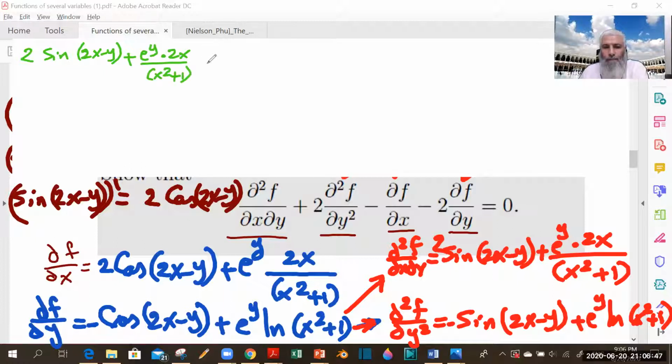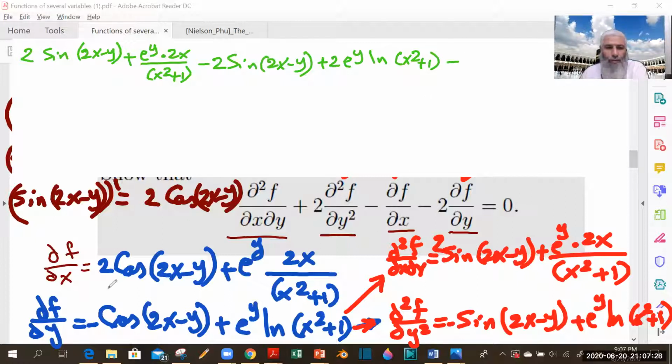Plus 2 multiplied by d2f/dy squared, which is here. So 2 multiplied by negative is negative 2 sine(2x minus y). And again 2 multiplied by positive is 2e^y ln(x squared plus 1). Minus